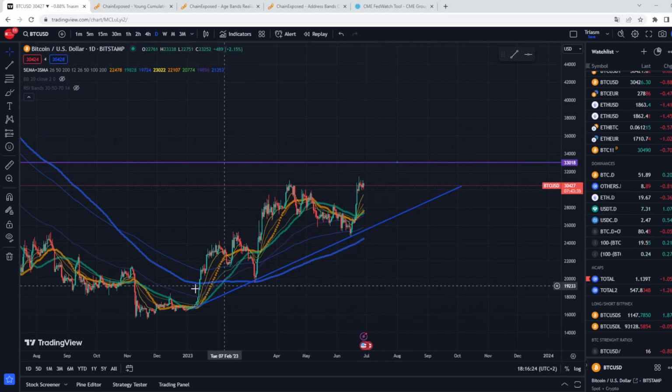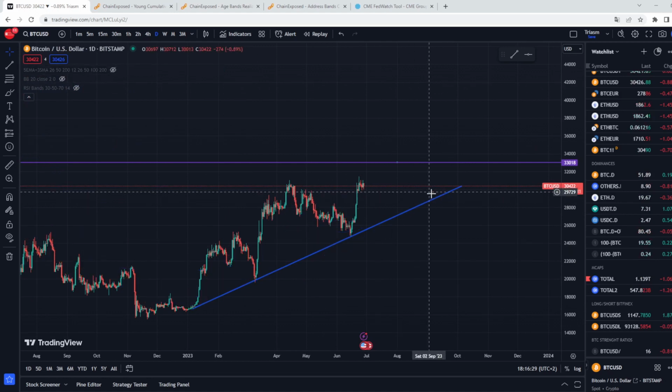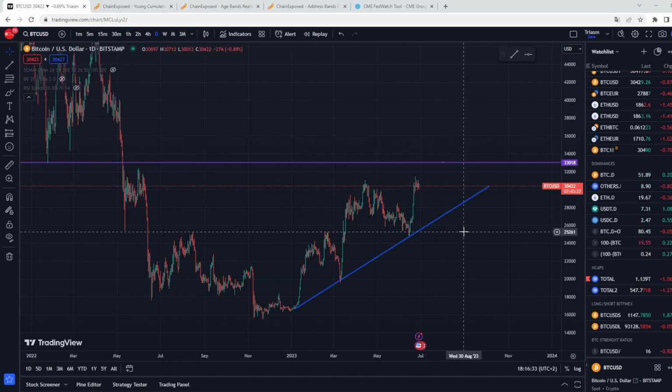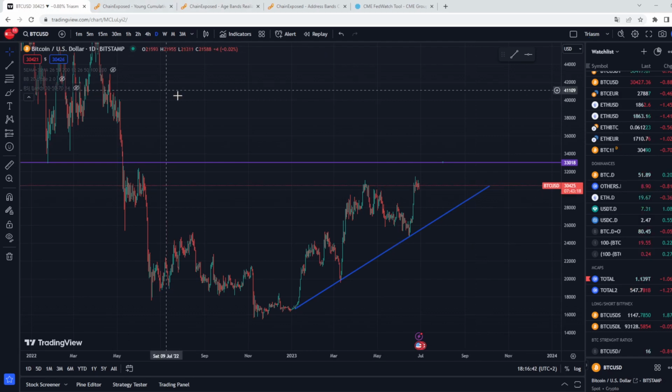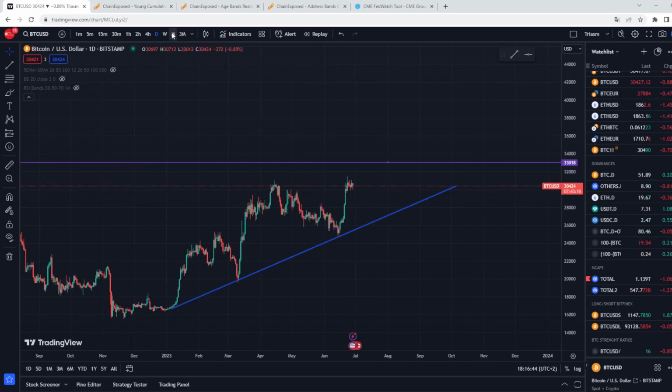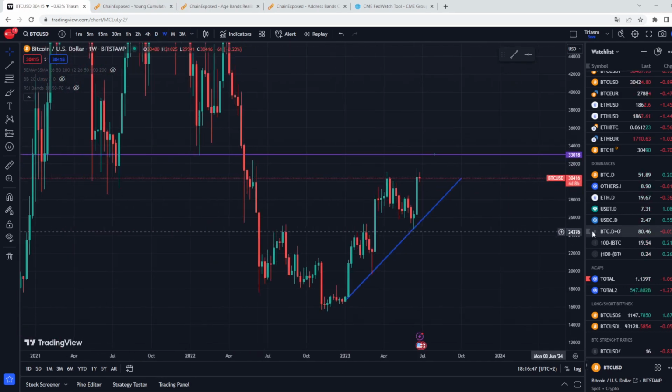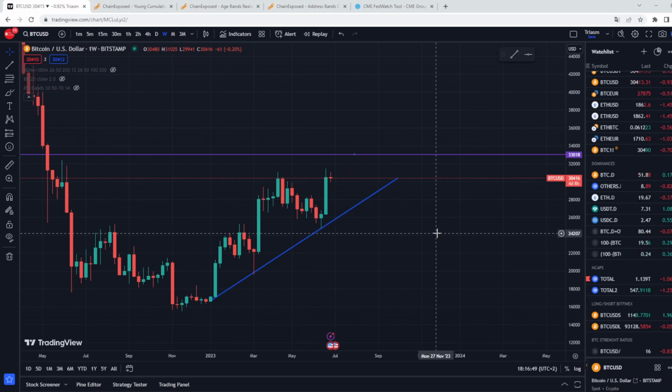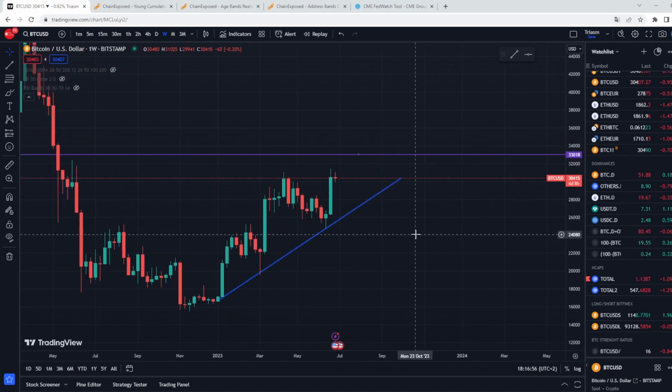I don't think we'll get below this trend line right here at support from the price, because that will bring us down, as I already said, probably retesting not only the 25k level, but also the 23.5, 24k level. So there is this opportunity on the daily. On the weekly, there is almost the same opportunity right here. If we see the 24k level is the support at the price action candle level,